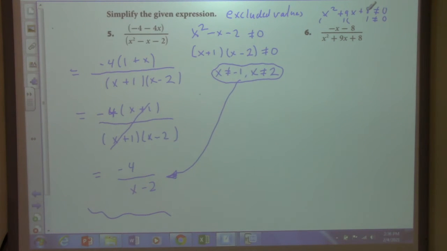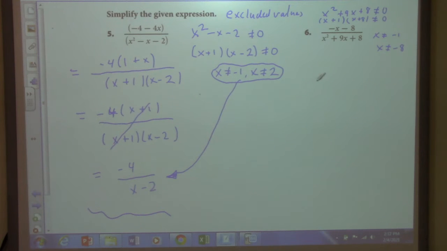What two numbers multiply together to be 8, but add together to be 9? Thank you, Julia. So you got x plus 8. So what can x not equal? X can't equal -1. Okay, x cannot equal -1, she says, and x cannot equal